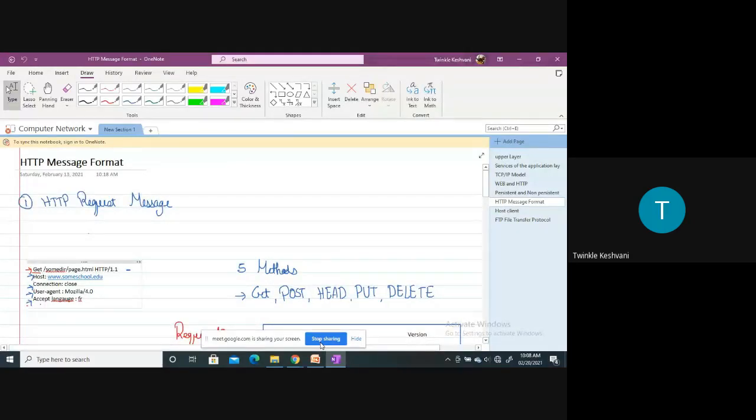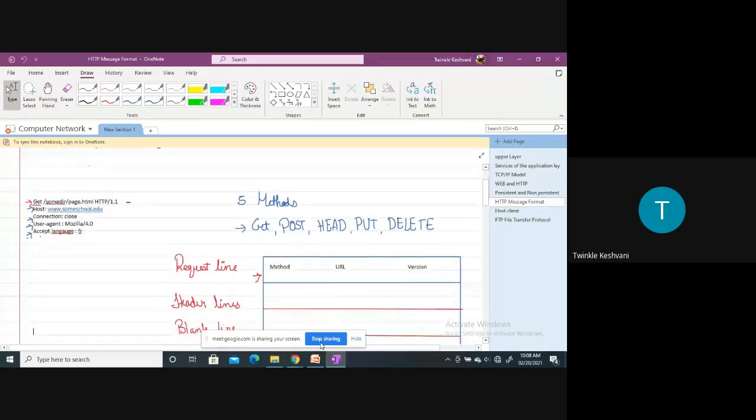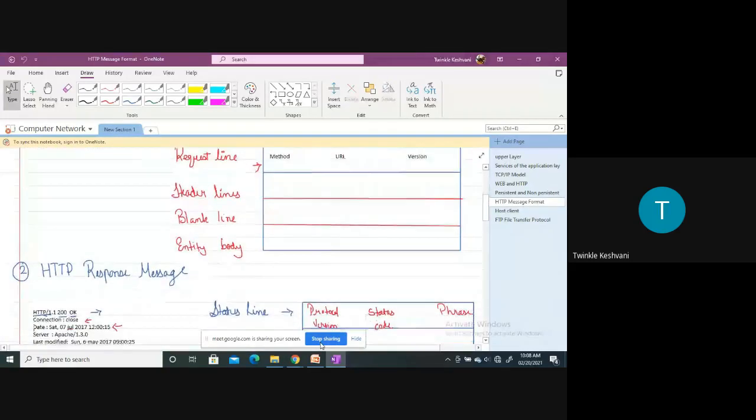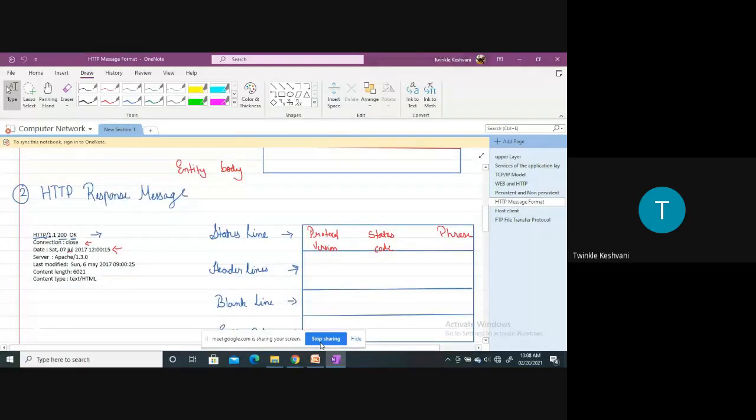And before that, we had already discussed the HTTP request message. So in yesterday's lecture, we first discussed the response message, right? We saw that the request message mainly has four fields, and in the response message there are also four lines. The first line in the request message was the request line, while in the response message it is the status line. Now in both message formats, this first line contains three fields, but they are different.